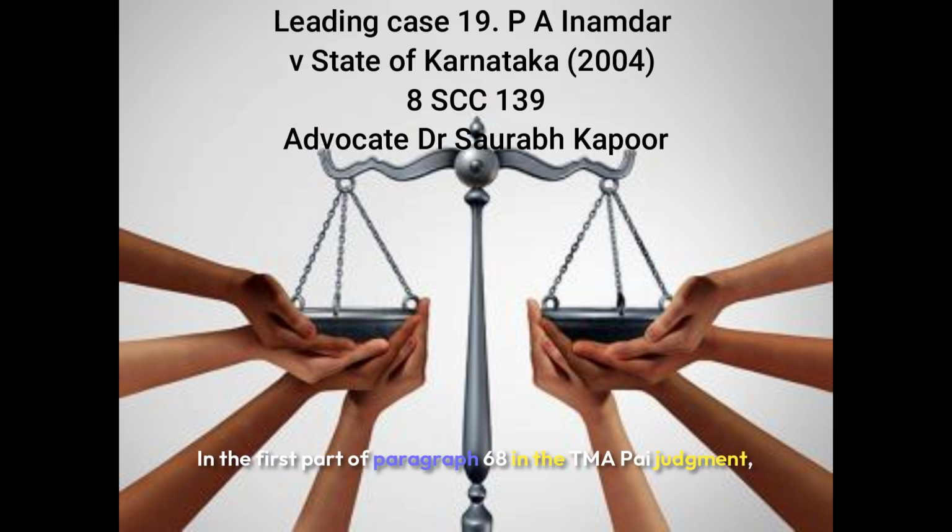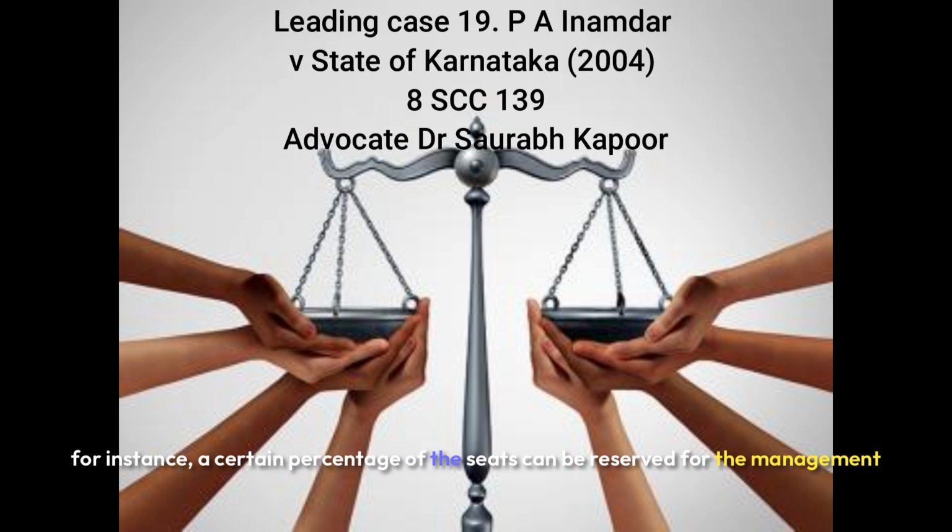In the first part of paragraph 68 in the TMA Pai judgment, the bench said the university or the government at the time of granting recognition to a private unaided institution can require it to provide for merit-based selection, while at the same time giving the management sufficient discretion in admitting students. This, it said, could be done through various methods. In the second part of the paragraph, the bench suggested that, for instance, a certain percentage of the seats can be reserved for the management for the admission of students from among those who have passed the common entrance test